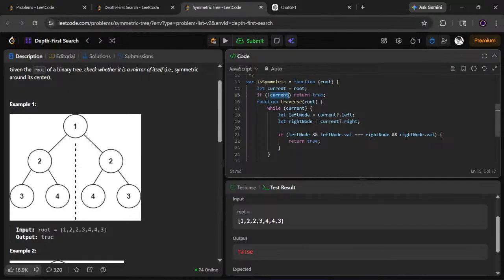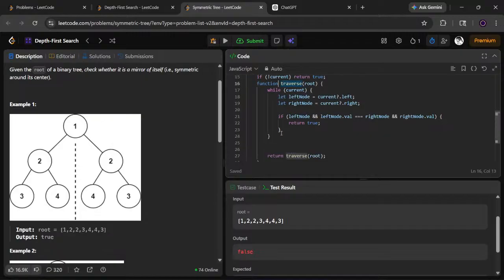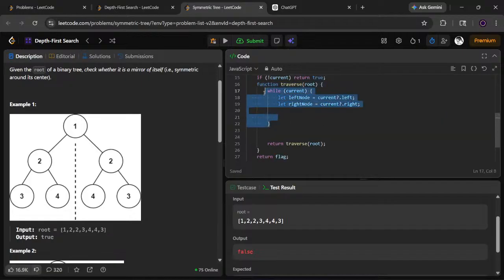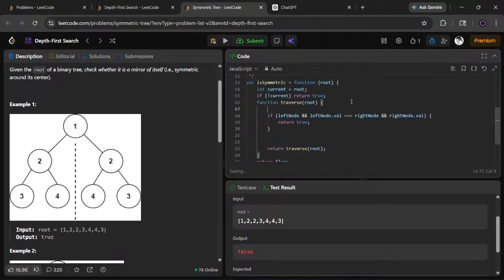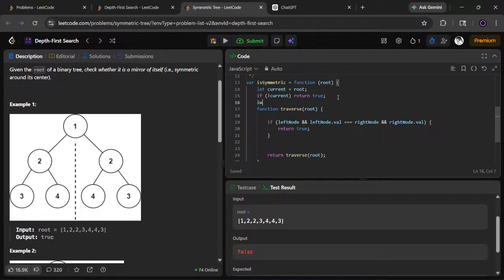If there is no left and right, then it is symmetric, I guess. But this thing, I don't need this current thing right now. You can only keep the conditional. Let's remove this thing. Don't even need the value. If this is true, then return this thing. Have to define. Let left node equals to